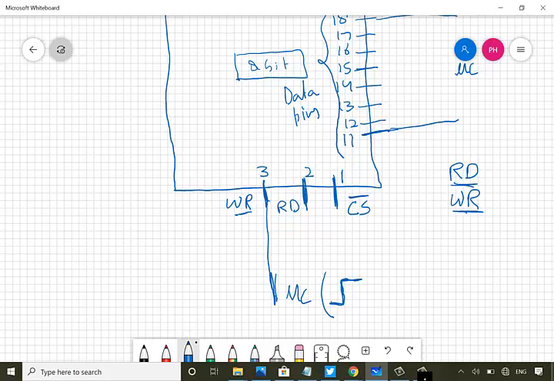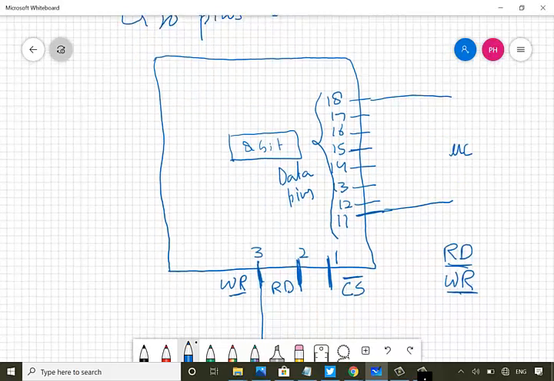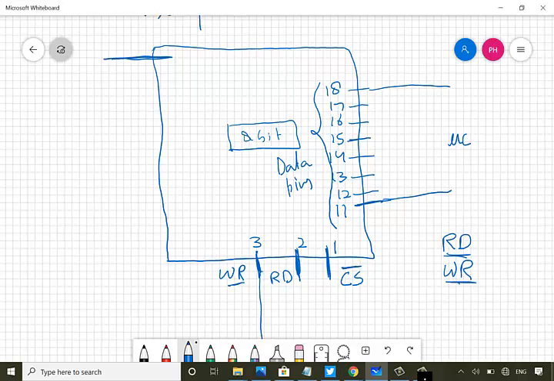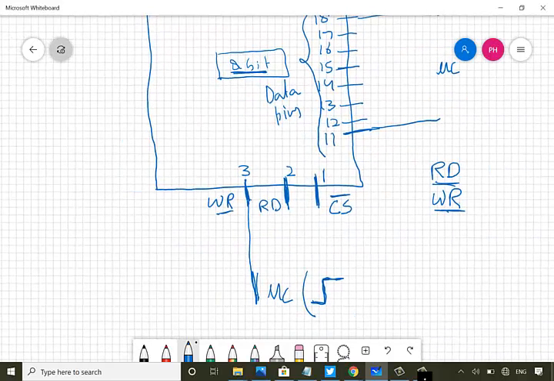It may convert the input voltage that is coming. Whenever I send a low to high pulse on write, it will start converting the input voltage coming here into digital data and will store that temporarily in this 8-bit internal register. Then I need to send a high to low pulse